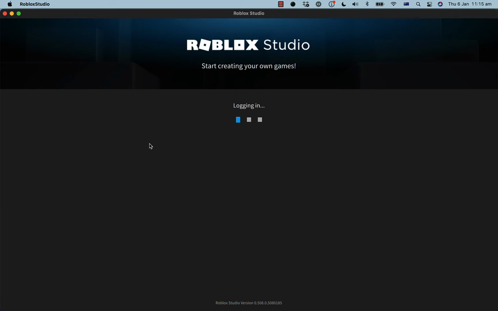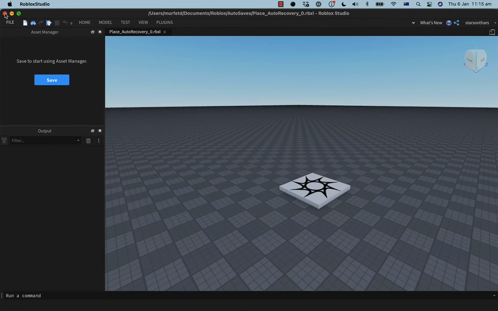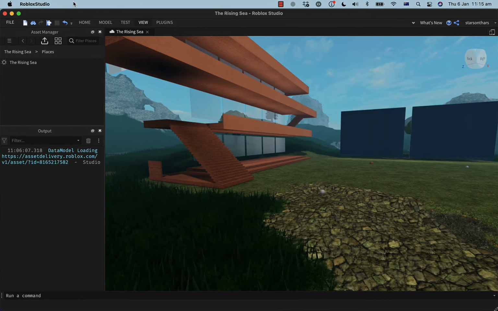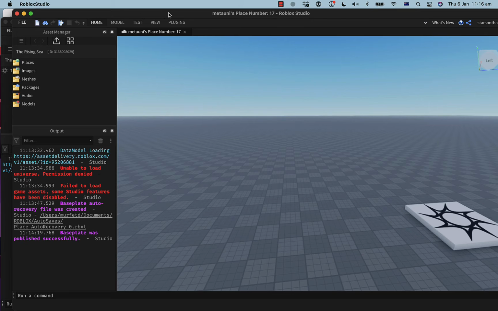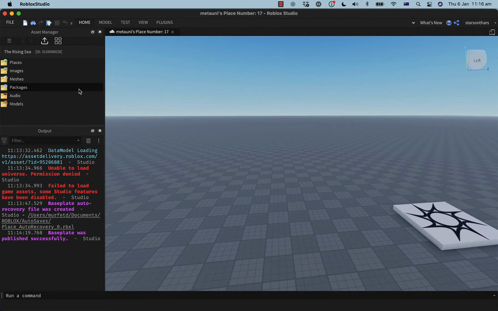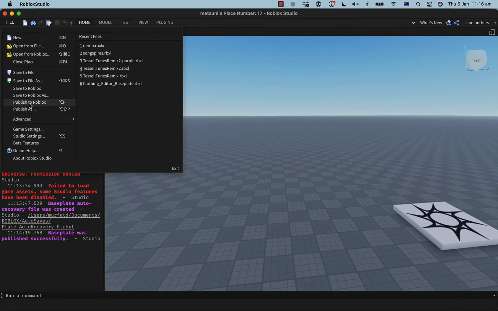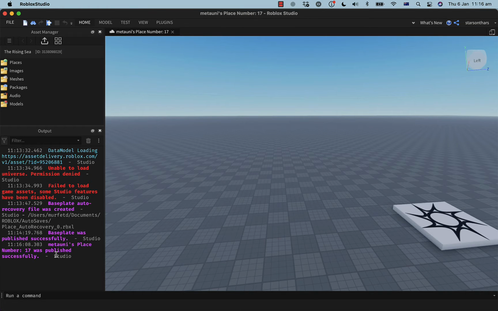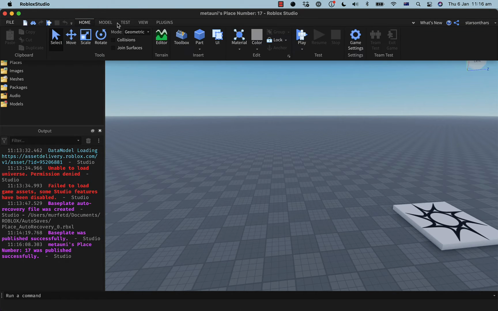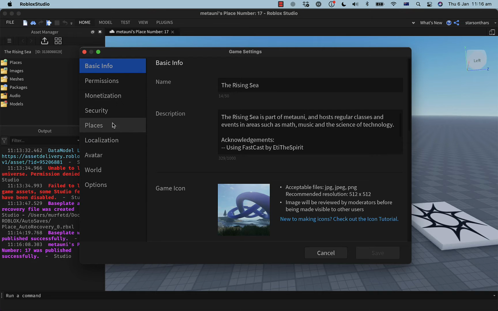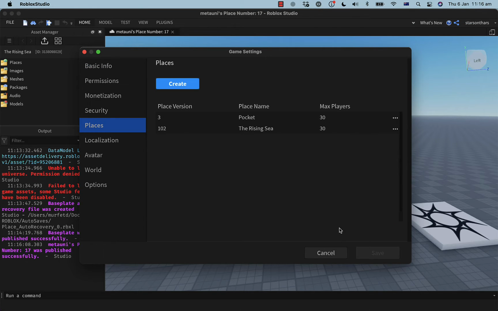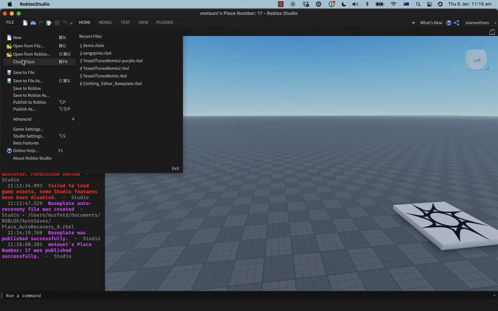I think you clicked on that file. Yeah, that is definitely not what I want. So, wait, can you go to the Rising Sea page on Roblox? Yeah, just a second. Let me publish it again to be sure. Why didn't it change the name? Oh, okay.